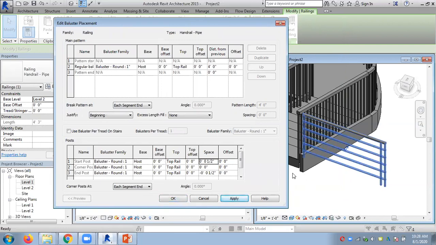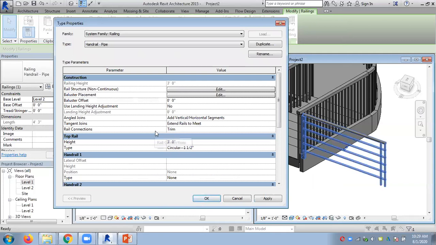So all the things can be changed, and the family of the balusters can be changed. Say square balusters, now it's going to be a square shape. So all this can be changed. So just explore by yourself, and when you do a project or assignment, just use the correct settings. So for the QS guys, I may not go in deep here. Everything can be changed. That's the thing you have to remember.